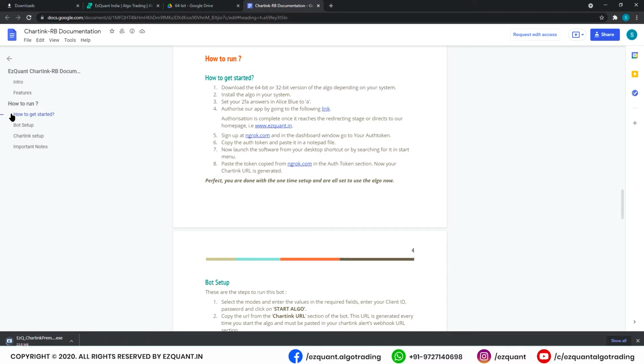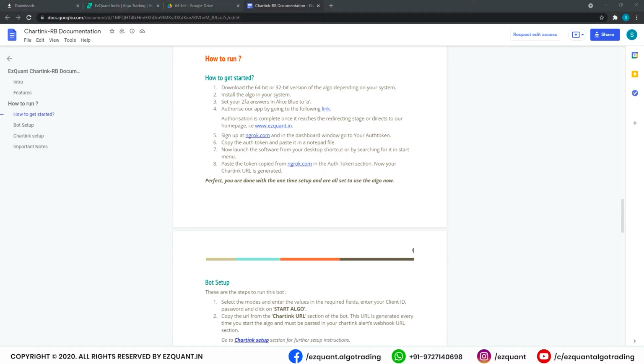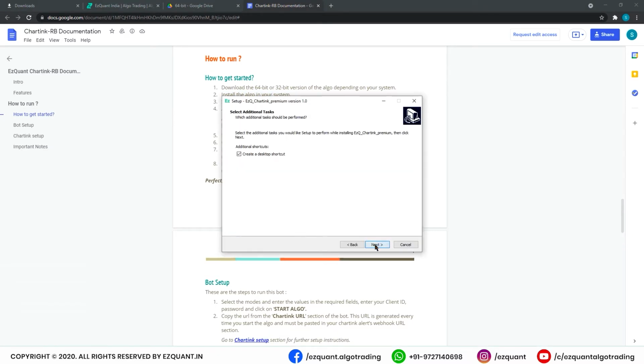So the first step is to download the 64 or 32-bit version in the system. That we are already doing. Second step is to install the algo in your system. Since the algo is already downloaded, we'll just install it in our system.